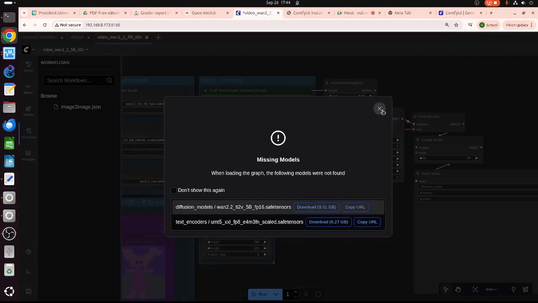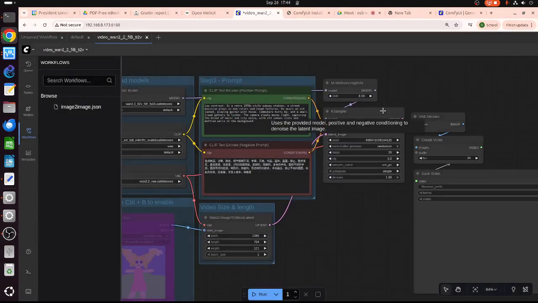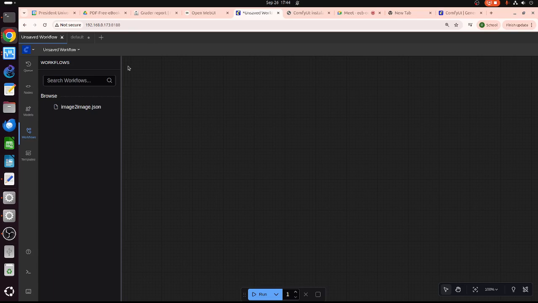That's ComfyUI. Very simple to use. There are lots of models in Hugging Face, so you can generate image, video, audio, anything. But not text. This is for video and audio basically.